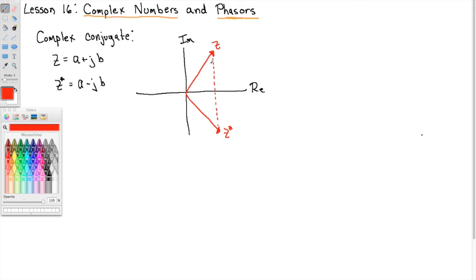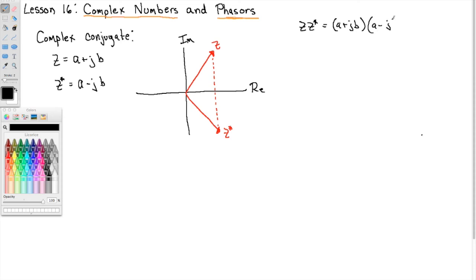It's a reflection over the real axis. And something nice happens when we multiply z times z conjugate. This is really why conjugation is important to complex numbers, because something magical, something beautiful happens when we do this multiplication. Notice we have a plus jb